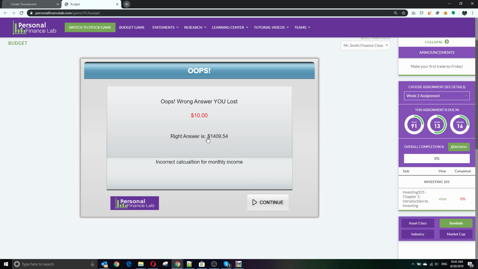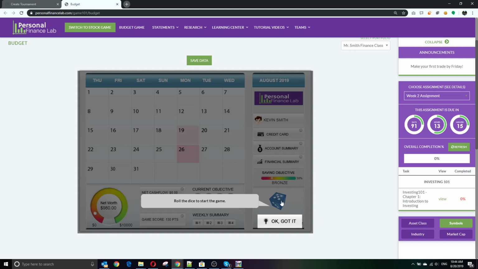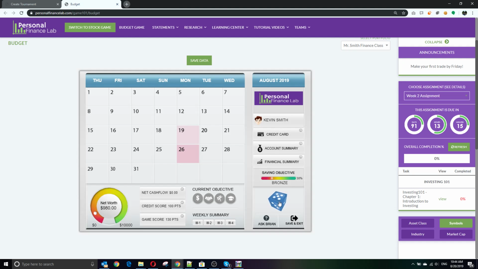Now you can see in this month, my income is going to exceed my expenses. However, this might not be the case in every month, and there's always more expenses and more opportunities to earn income that will pop up throughout the month. So first, I will roll the dice to start the game. Whenever the students roll the dice, it takes their dice roll and it progresses them through the month. And at the end of their turn,